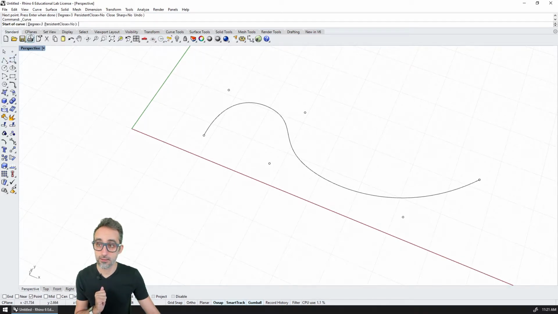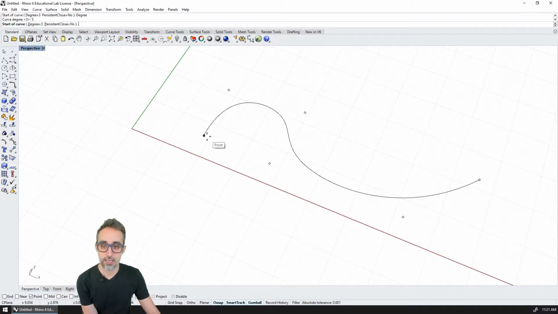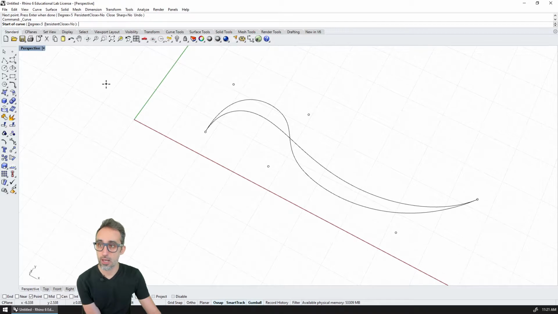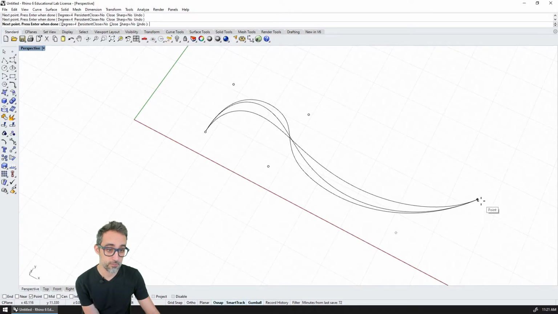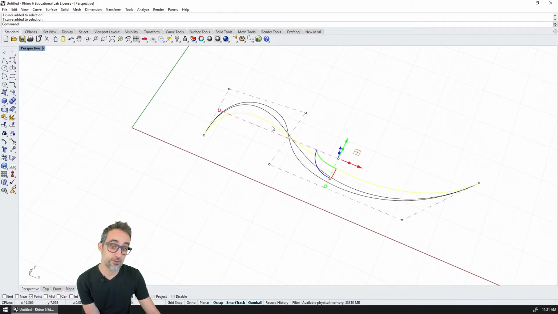If I now click here and I say, no, I want a curve of degree 5 now, and I use the exact same points, you can see that the curve that I generated is much smoother. Well, let's do a degree 4. Well, this one, if I use the same points, is going to be somewhere in between both of them. So you see? This is degree 3, this one is degree 4, and this one is degree 5. And you can see how all of them have the exact same control points.